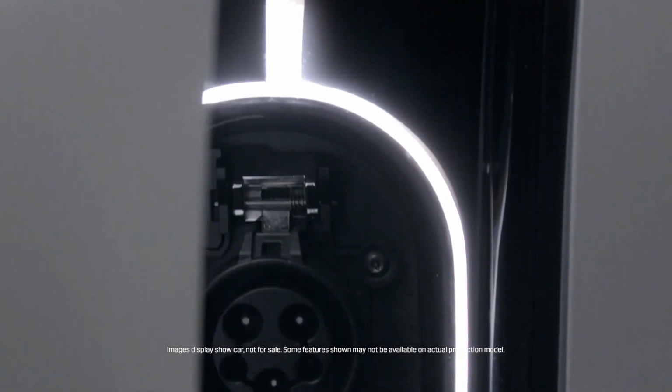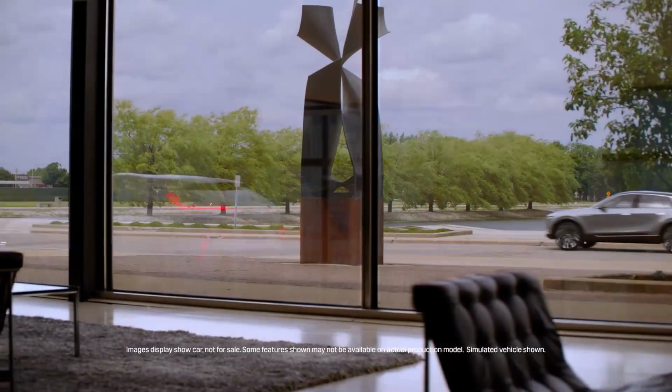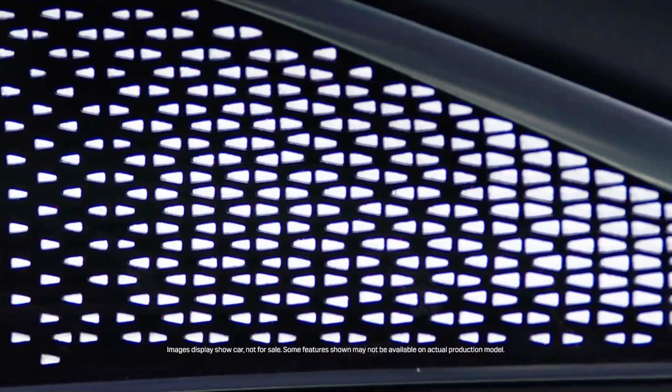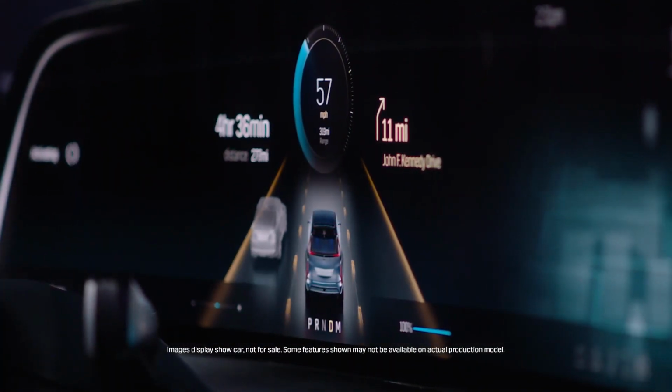With EVs, we define performance on a number of dimensions. They're the traditional ones, like acceleration and stopping, but it also goes to what's the range? What's the charging time? What do we have in terms of automated driving technologies? What do we have in terms of displays? And in all of those areas, we're breaking new ground, not just for Cadillac, but for the...